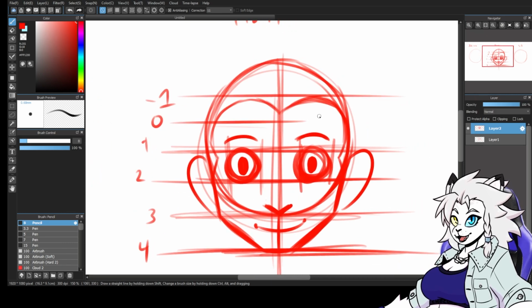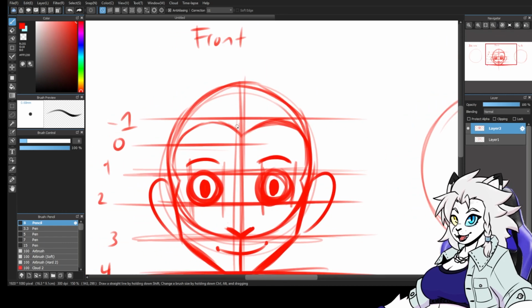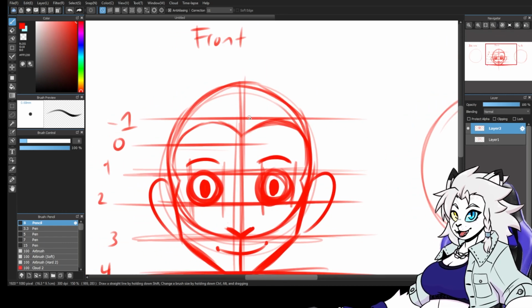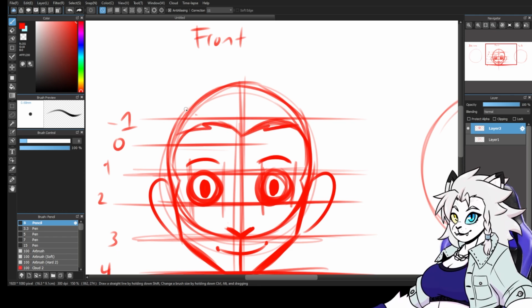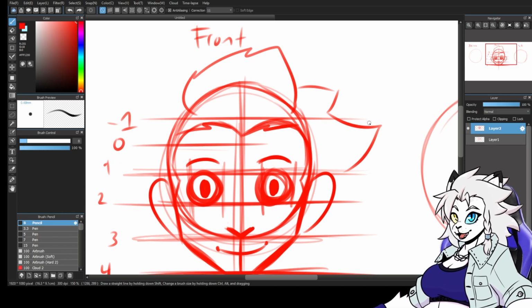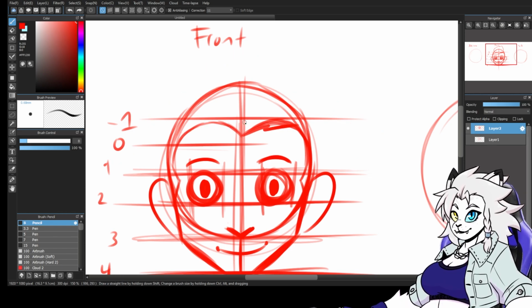So this is your hairline. This is not your hair. This is your hairline. This is where your hair will grow from. And you can even see it on my character. I kind of have one because my hair does this. See what I mean? Not that my hair goes crazy like that, but